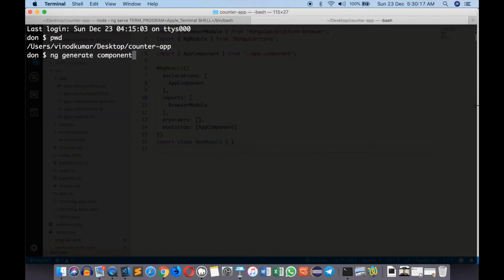Now, of course, we have a shorter variant of the same thing. You can simply say ng gc, G for generate, C for component, and then you need to give the name of the component you want to create. Suppose I want to create a header component, then you just have to type header, or if it's app header, give app header. Now, I can say, for example, app header, but what happens is it's going to create